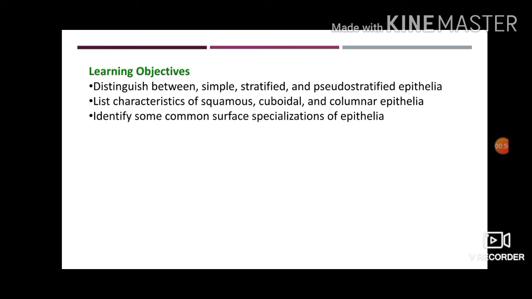Then list the characteristics of squamous, cuboidal and columnar epithelium. At the end of this video I'll give some tissue images which you have to find out on your own, dear students, that which particular image belongs to which tissue. Getting, dear students? So you will get the idea of what the image will be if a particular tissue is there, or how we can identify such tissues while observing under the microscope. So please do it afterwards, dear students.